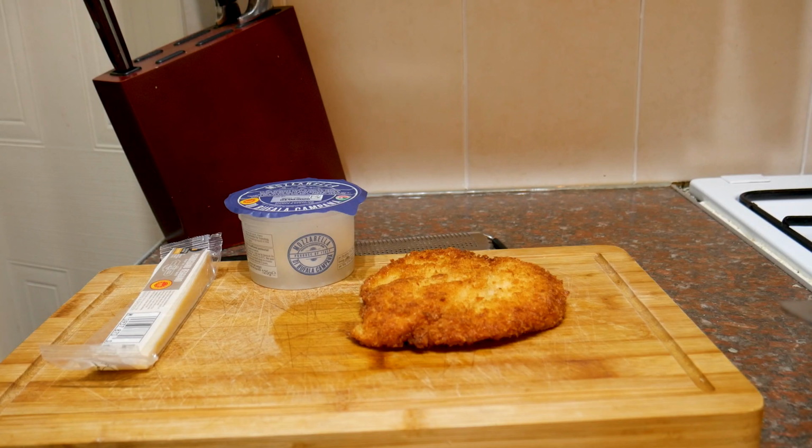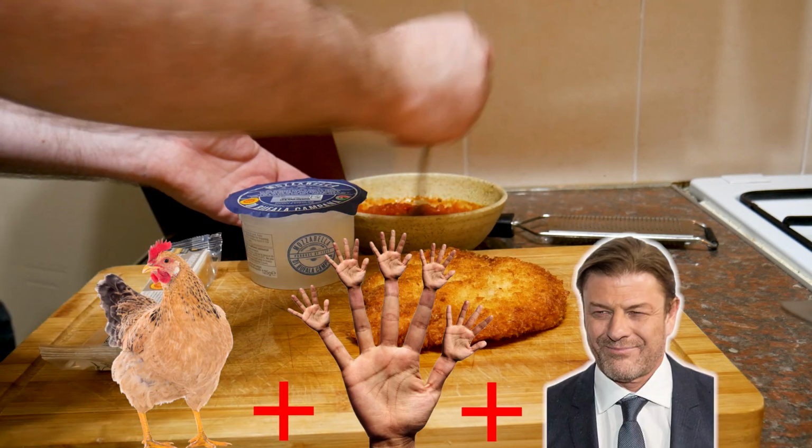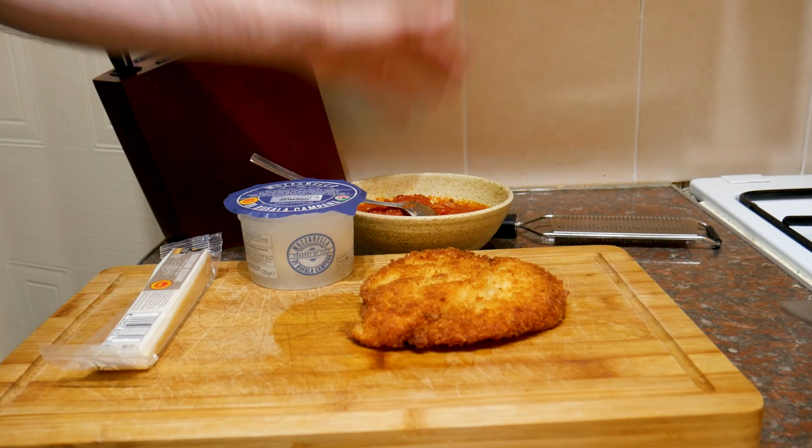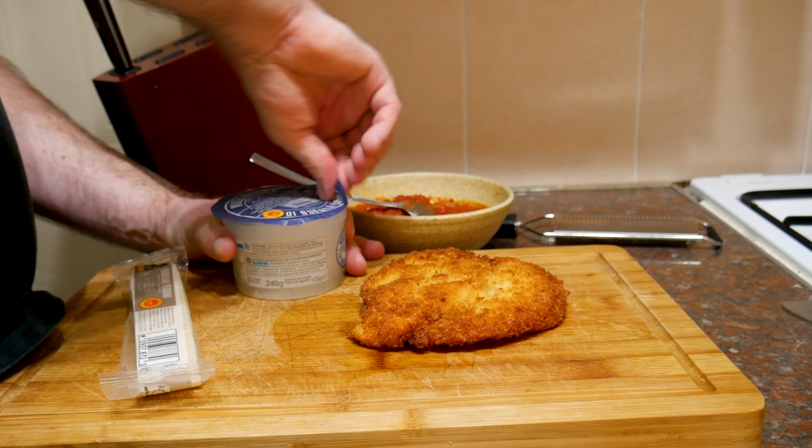Now we are ready to assemble the chicken parmigiana, or chicken parmesan. We've got our marinara sauce here, we've got some buffalo mozzarella, and of course parmesan. But what I need to do is take this